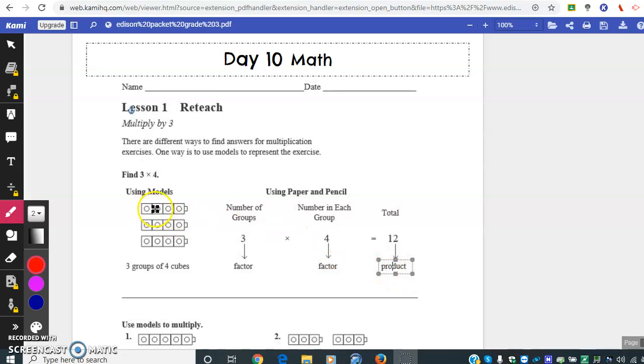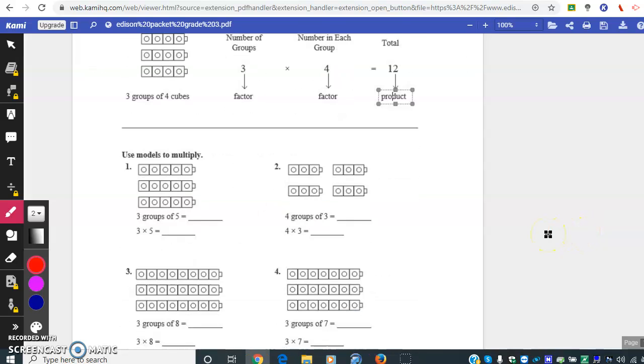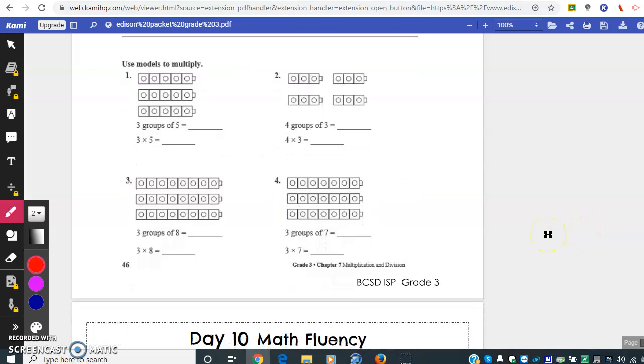So we have 1, 2, 3, 4, 5, 6, 7, 8, 9, 10, 11, 12. So we have 12 linking cubes altogether. The answer or the product is 12. Now what we're going to do is go to numbers 1, 2, 3, and 4, where they've set it up using the linking cubes again. We've got, for number 1, 3 groups or 3 rows, and each row has 5 in it, 3 groups of